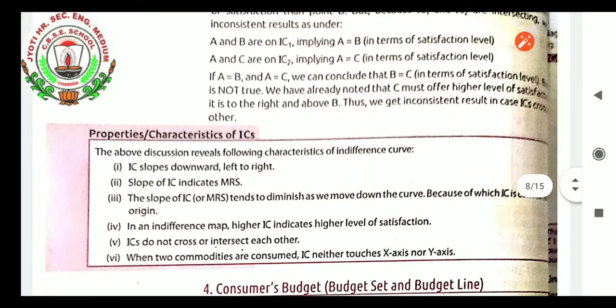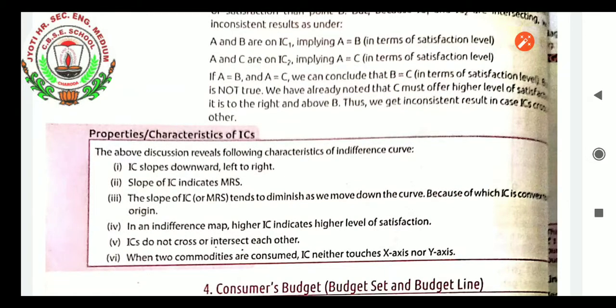So that is the point. Let us have the conclusion of the properties and characteristics of IC. This can be asked in the case study questions. About each property can be asked and you have to justify with a graph and the data. So from the book only, from the small data which is provided to you, you try to explain it. Let us have a recall of all the properties together of IC.